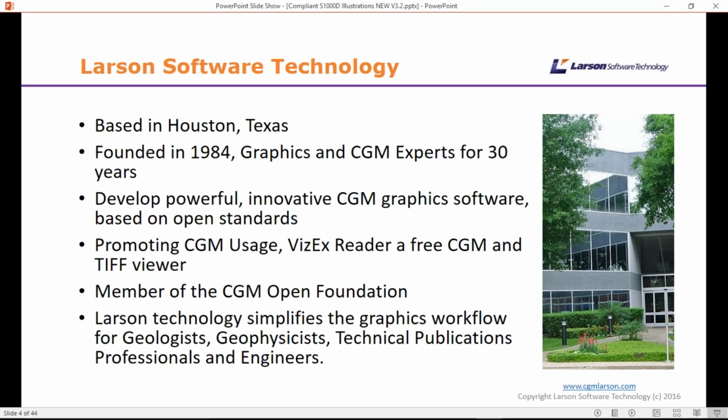They also promote the usage of CGM via a VisX reader, which has been free for some time, so you can download that from their website at cgmlarson.com. They're a member of the CGM Open Foundation, and have been for quite a few years, so they have good knowledge of the format and where it's come from and where it's going in the future. Larson specializes in graphics technologies, not only for technical publications, but also in the petrochemical industry for geologists and geophysicists.